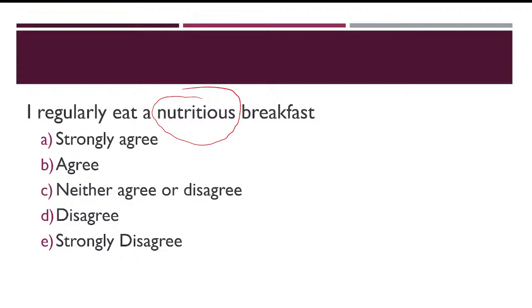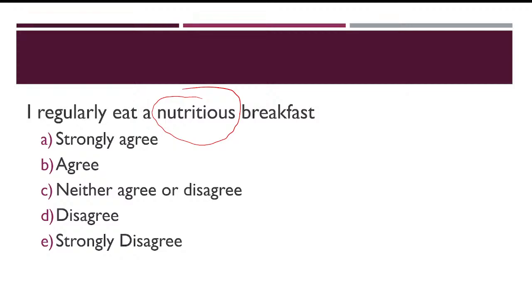Defining a nutritious breakfast is going to be challenging because it could be a lot of things, right? Leftovers could potentially be nutritious, as could eggs and bacon. And even if you break it down and make it more specific, you still are left with the question of, I don't remember what I ate or what it had in it, or how many calories are in the jam that I put on my toast versus all of these other things. Right? Sure. It's just a difficult one for us to say. Okay. Yeah, I mean that makes sense. I guess it depends on people's self-definition of nutritious, which may not tell you a whole lot.